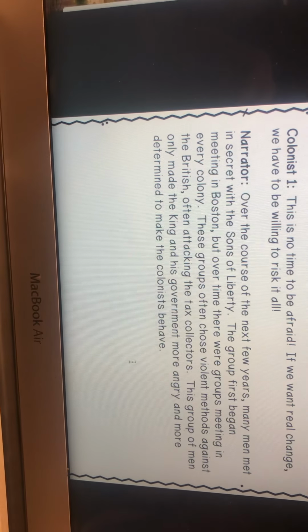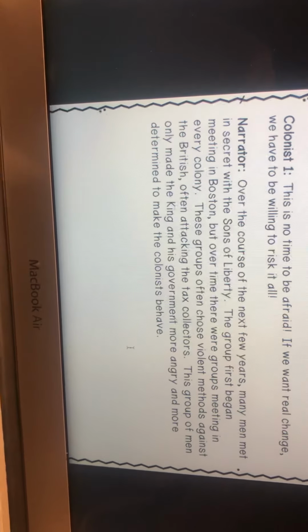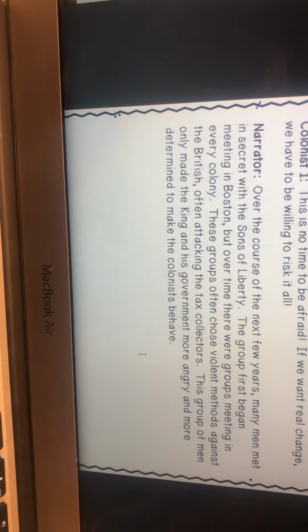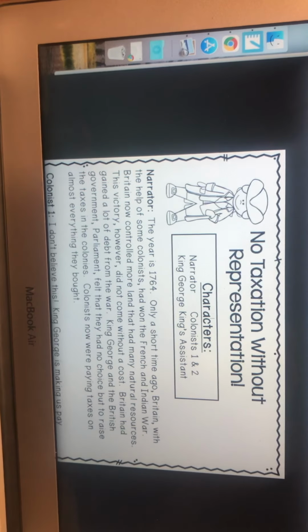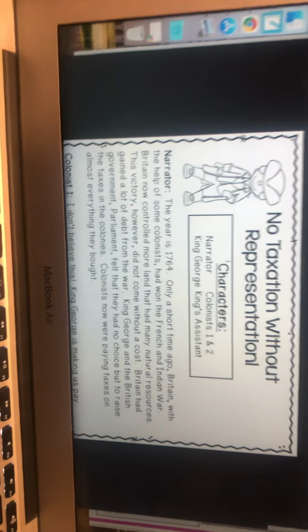The Sons of Liberty will be doing other attacks that we'll be learning about over the next couple of weeks. Once you read through No Taxation Without Representation, which will be posted on Google Classroom,